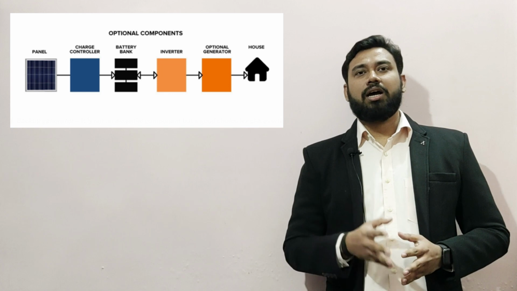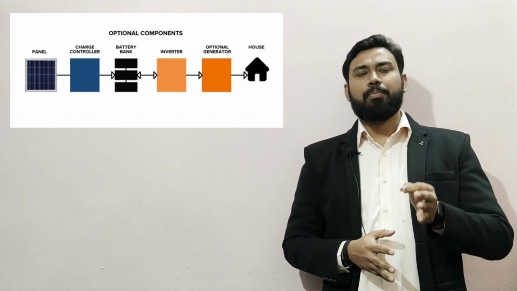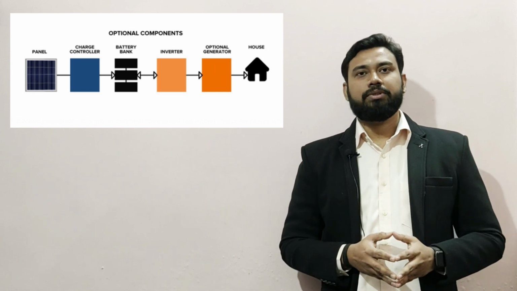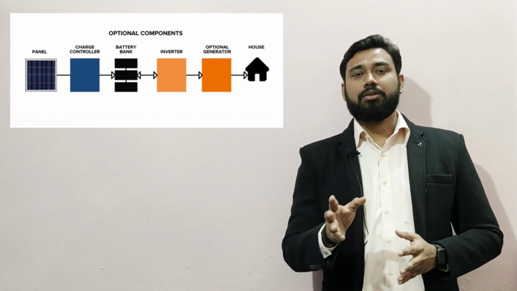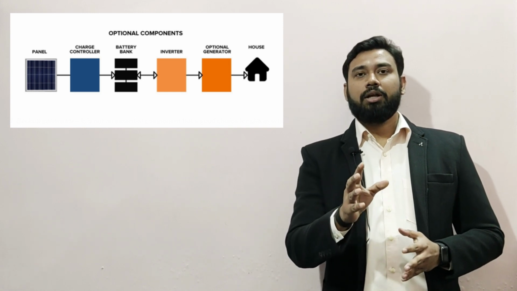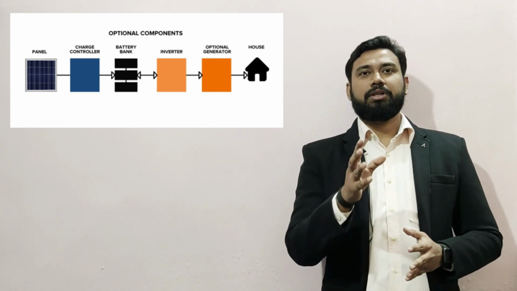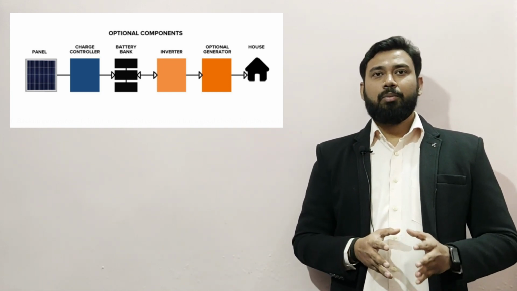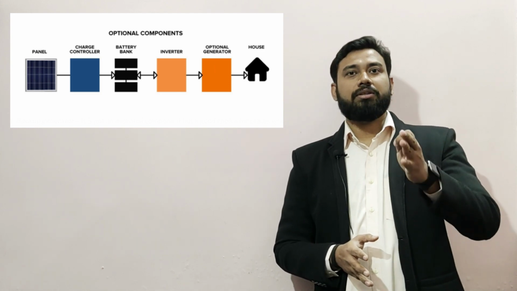Automatic generators are configured to start automatically when solar power or backup power is shut down. The transfer switch is used for switching the power between the generator, that is nothing but a diesel generator, and solar panels as per the need,